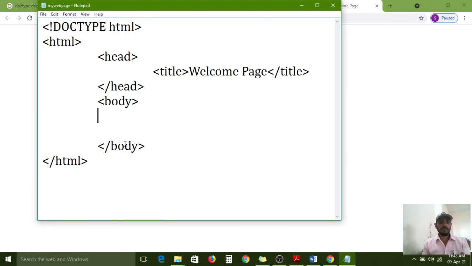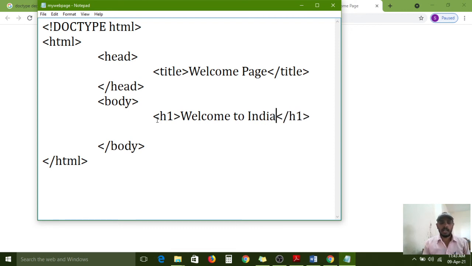So here I am using the heading 1 opening tag and closing tag. Here, welcome to India. Now I am saving.